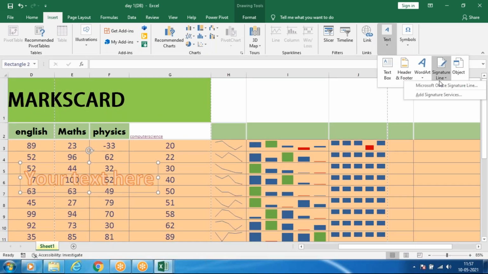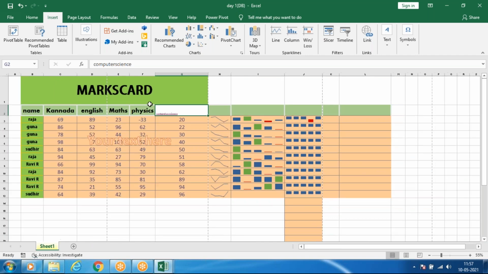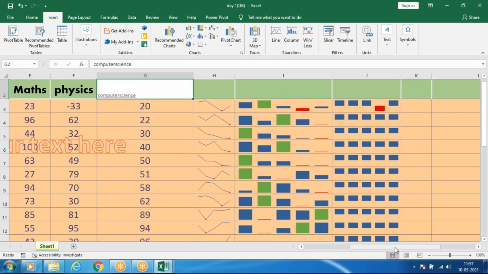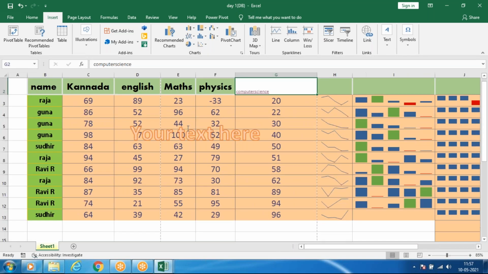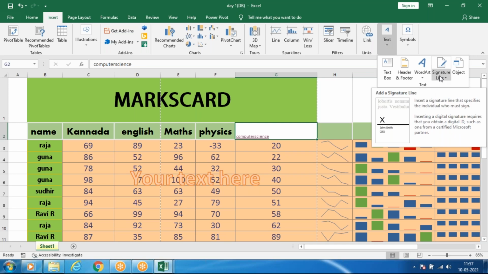And a signature line you have to pay for. If you add a signature line, automatically it will add the signature when you create this document, under that signature line. But for that you have to purchase. Signature line is not free. You have to purchase separately. So like this, we can create a signature line, like your signature you can upload, and every time you create, automatically it will add your signature.